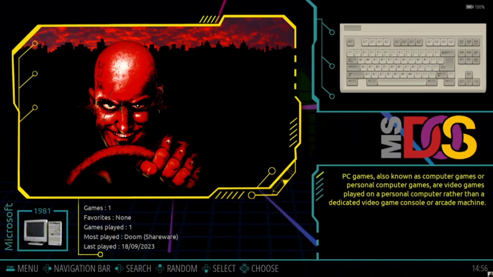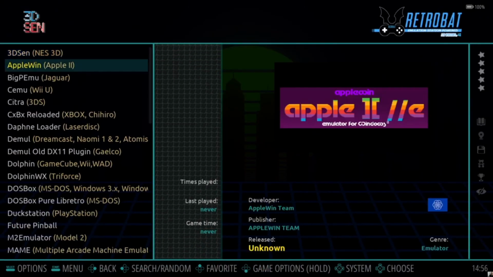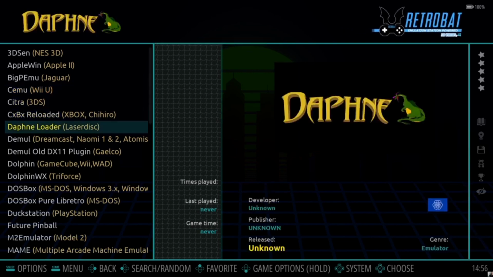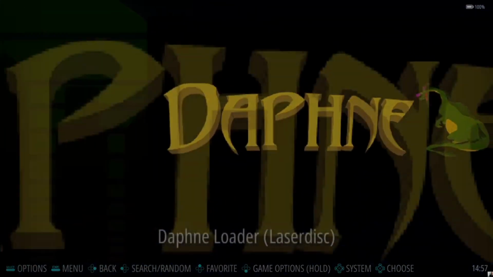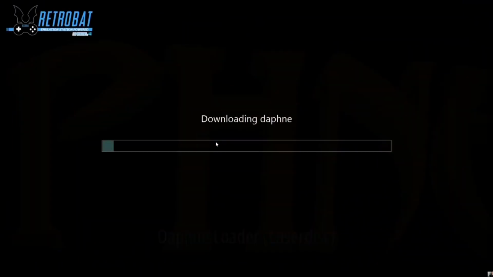Okay, so once we're in Retrobat, what we're going to do is just scroll up to Retrobat, and if we scroll down, this is all your emulators that you can download inside of Retrobat, and the one we're looking for here is Daphne Loader. So if we just install this one, just click on it, and you'll get a little prompt up to install it. So I'm using my cursor here to press yes,